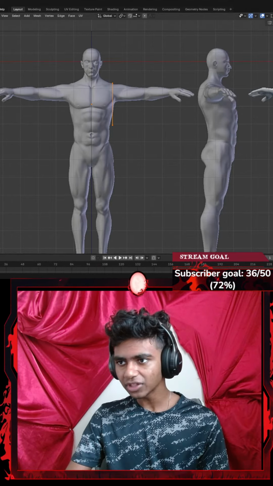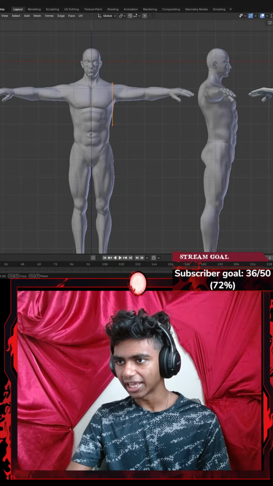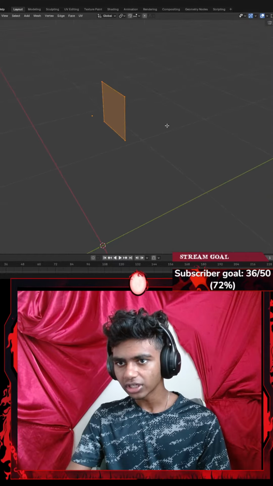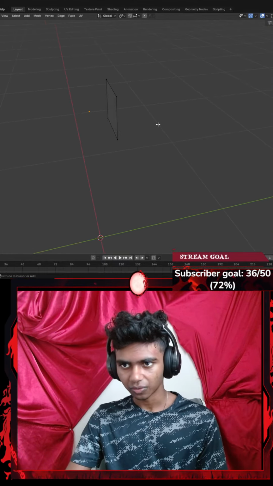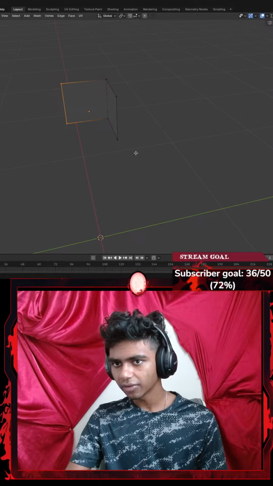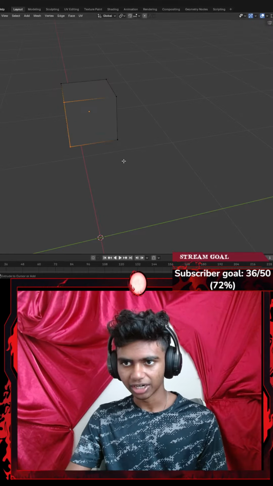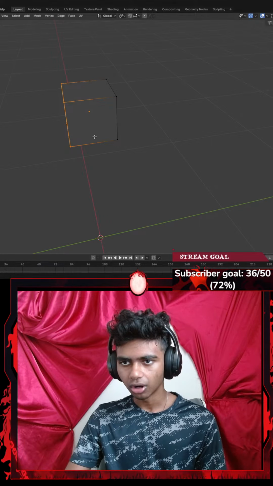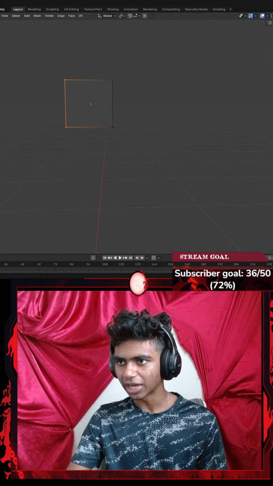Now I'm going to hit A, go to modifiers, add a mirror modifier. There we go. Perfect. Wait, this should have created one. Hold on, guys, give me a sec. I probably did not delete my entire cube. There we go. Before I actually delete my cube, guys, I'm kind of new with this part.